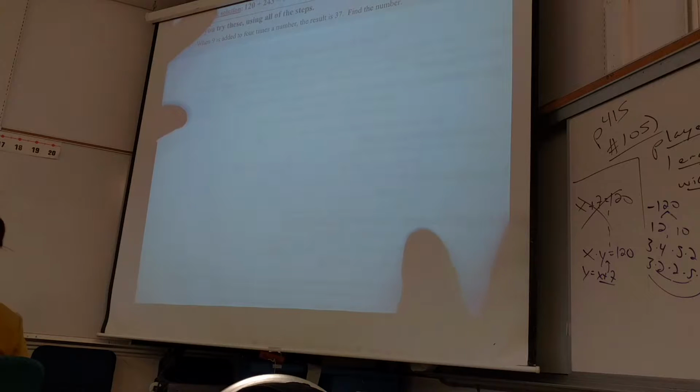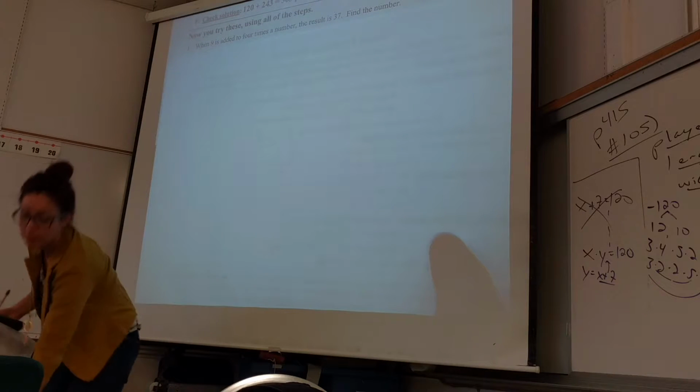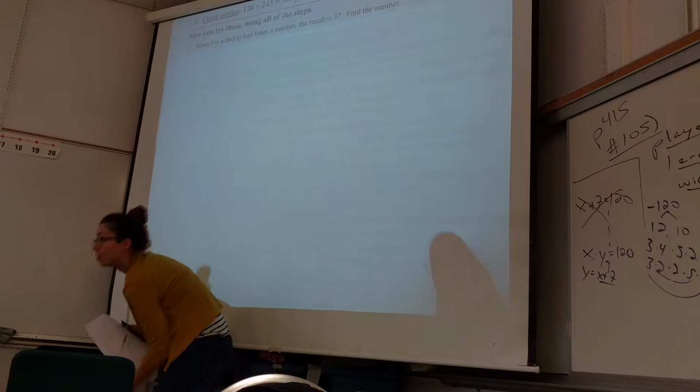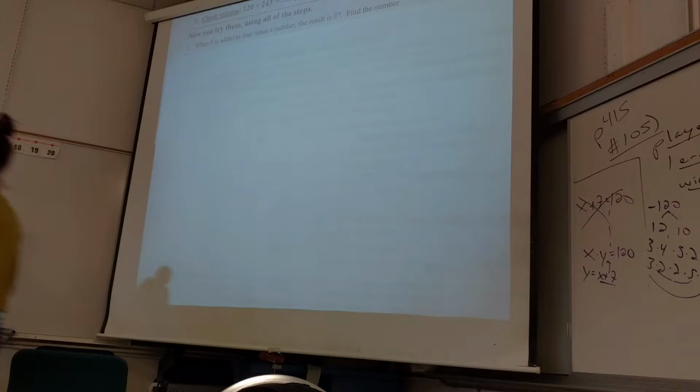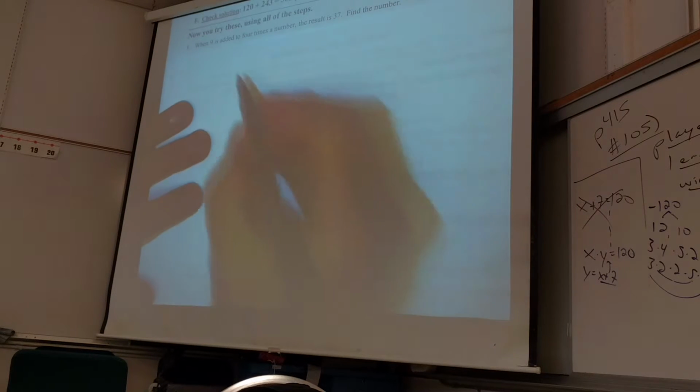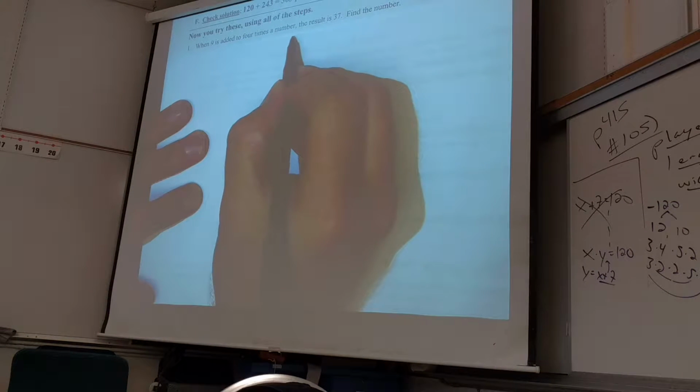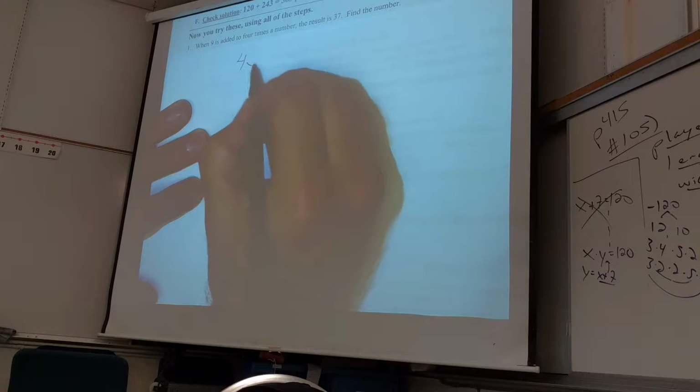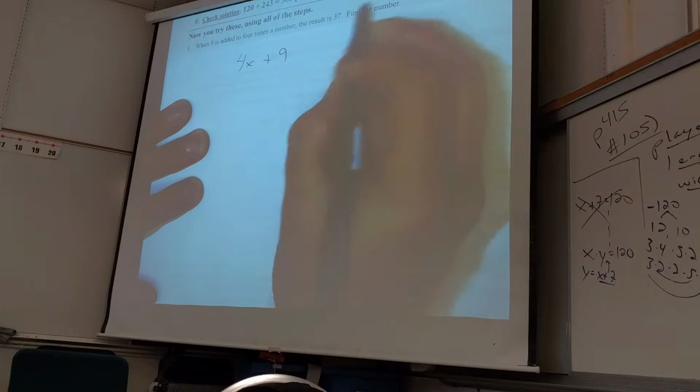So this first one is an example of a problem that you don't have to force to follow these steps. It's not a physical problem. It's actually kind of reading an equation in English. So I can just put this right into an equation. When 9 is added to 4 times a number, well, what's 4 times a number? 4x. And when I add 9 to that, the result,